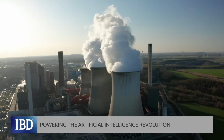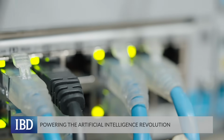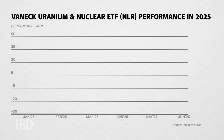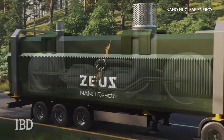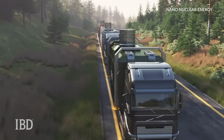Nuclear stocks have surged in 2025 as big tech companies look to alternative energy sources to power the AI revolution. The VanEck Uranium and Nuclear ETF has climbed roughly 50% so far this year. And one high flying name that has caught investors' attention is Nano Nuclear Energy. The New York based company is focused on developing micro modular reactors as part of its portfolio of clean energy